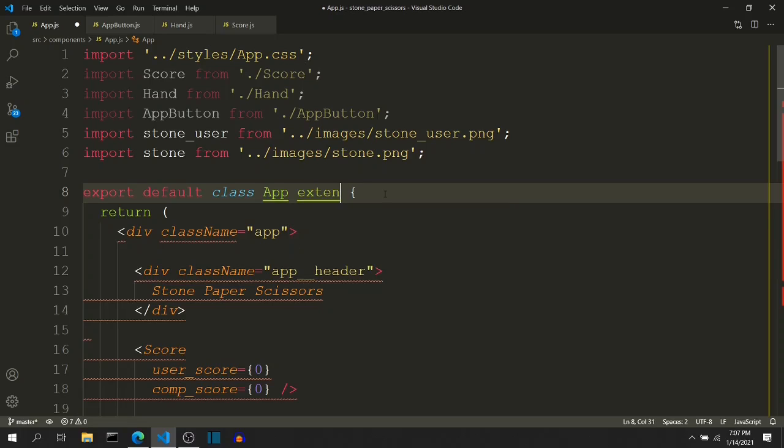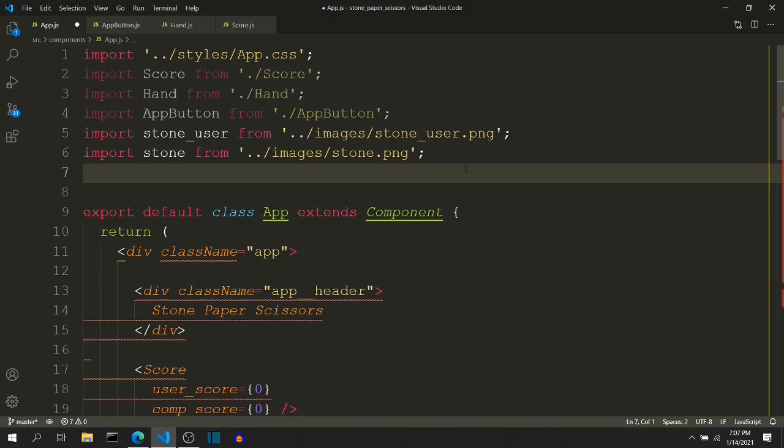And this is not a simple class, this is a React component. So we want to extend from component. And where is this component? So we want to import that component from React. So the syntax is like this: import React, not inside the curly brace, and component inside the curly brace from React library.